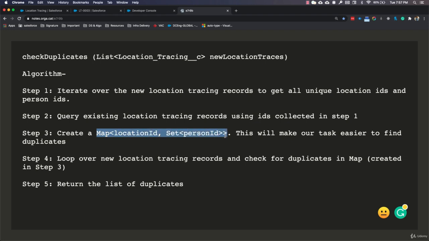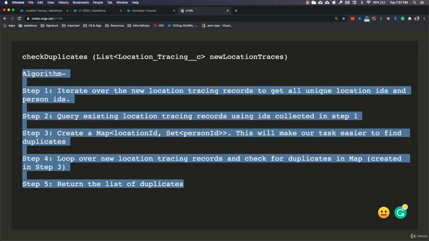Now the reason behind creating this map is to easily identify the duplicates. So once we construct this map in step number 3 by iterating over the existing location tracing record, in step 4 we are going to find the duplicates. What we'll be doing, we are going to iterate over this location tracing records again, and for each of this record we are going to look for a duplicate in the map that we'll create in step number 3. And in step 5 we are going to simply return the list of duplicates. If there are no duplicates, then we are going to return an empty list. Now since we have our algorithm in front of us, it will be easier to write the solution